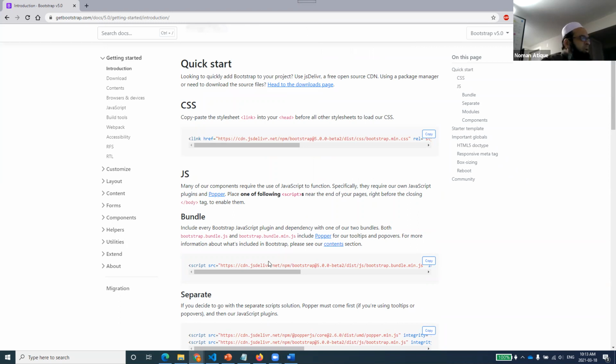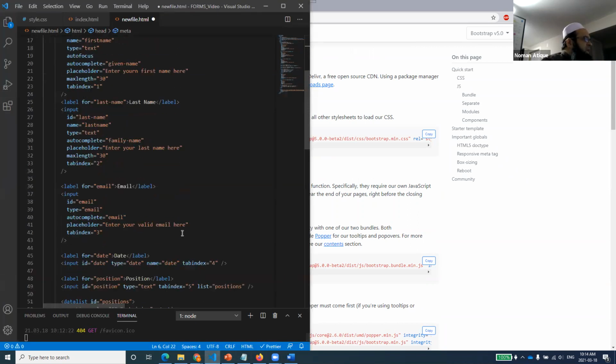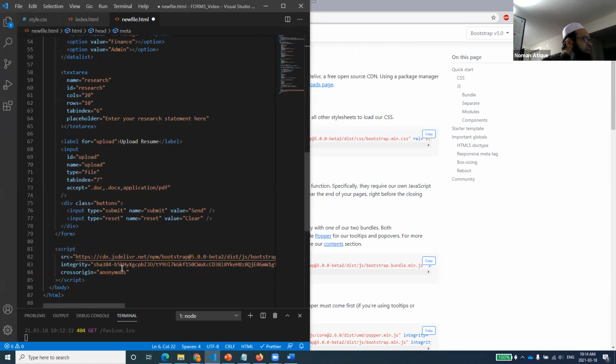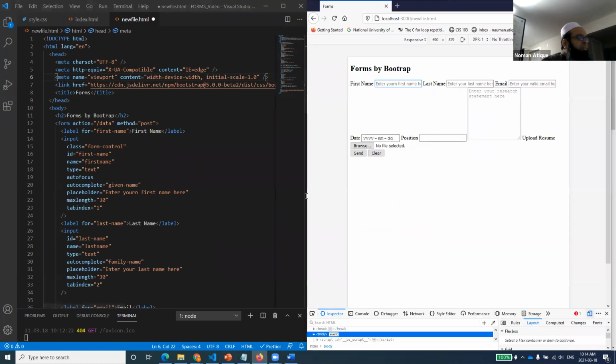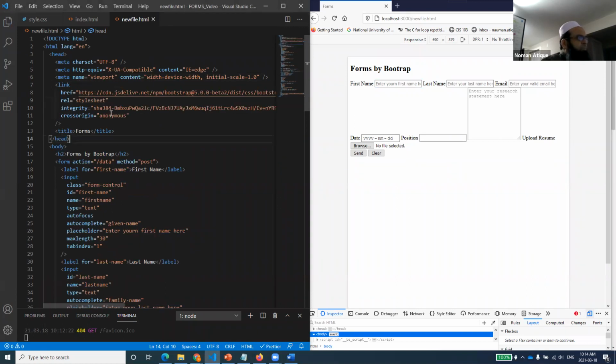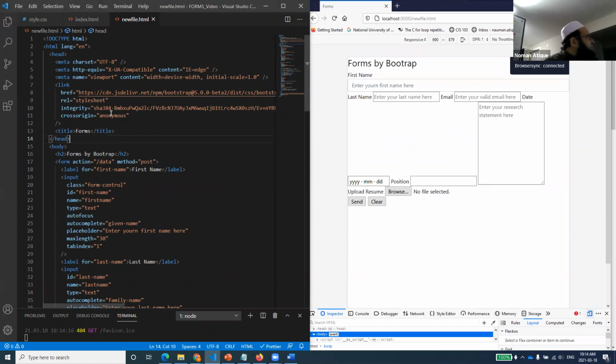That's good. So now I have pasted this JS at the bottom and the CSS link at the top. I wanted to show you something. I have added this link, and now as I save this document, do you see something different? What is the difference? Can anyone tell me?